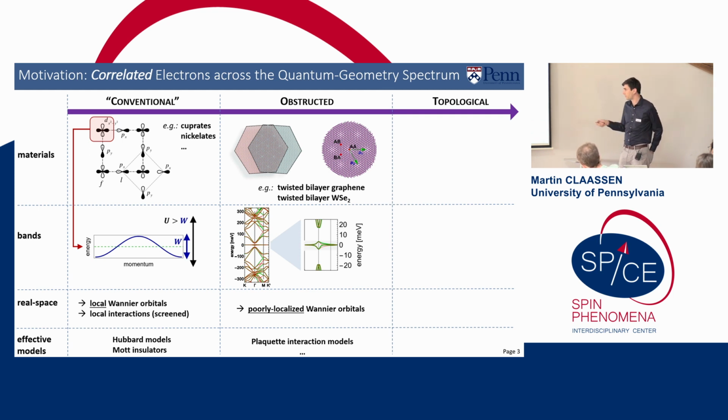Now the problem, though, in contrast to the cuprates, is that if I insist on low energy physics only being dictated by these almost flat bands and Coulomb interactions, the low energy description of interactions of correlated electrons in these bands, if I want to insist on a real space description, ceases to be local.